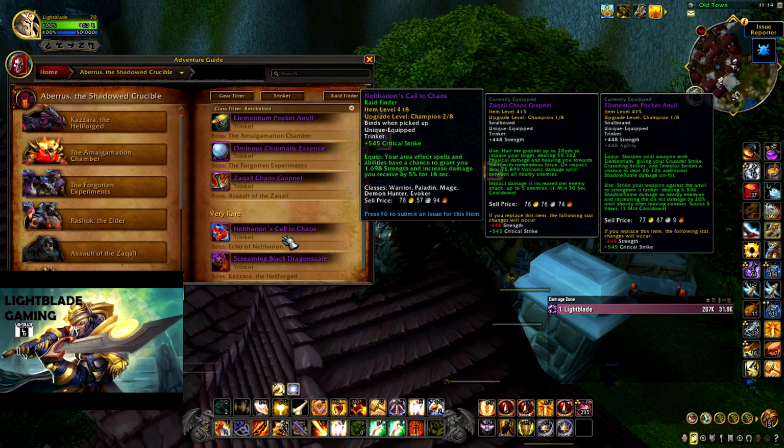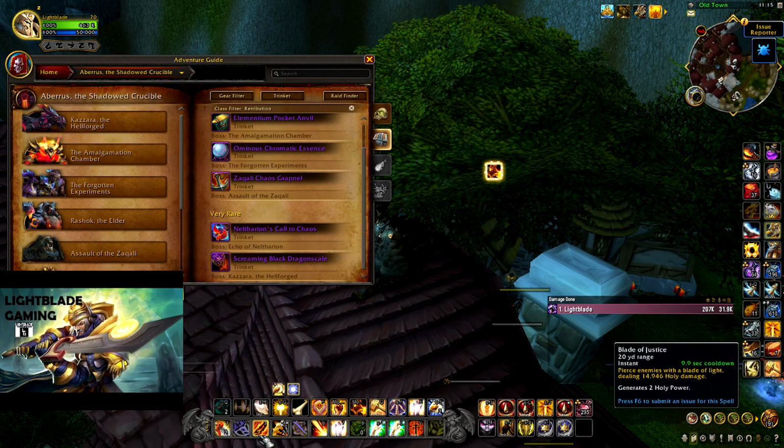It lasts for a very long time, 18 seconds for a buff. That is just a passive. I did some testing and this thing has like a 35 to 40% uptime, which is pretty damn good. The extra 5% damage received is not very important for us because we are really damn tanky, so it doesn't really matter. The abilities that can actually proc this for us are Blade of Justice, the ticks from Consecration